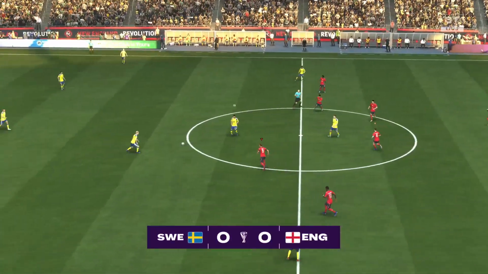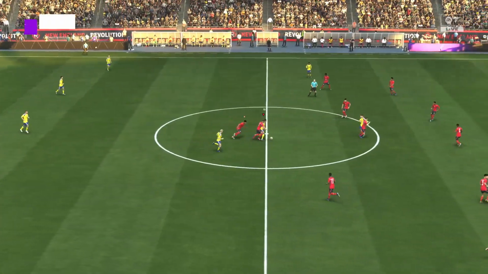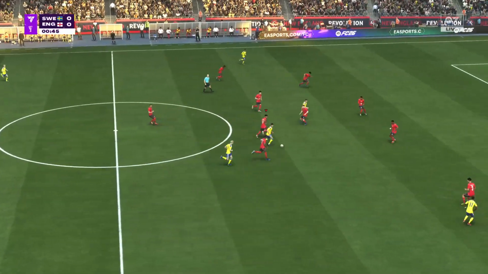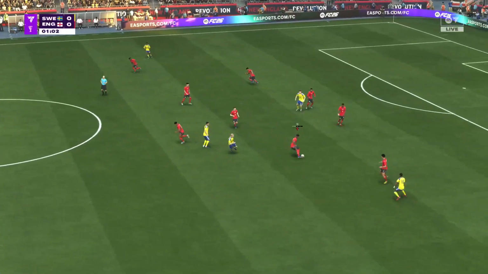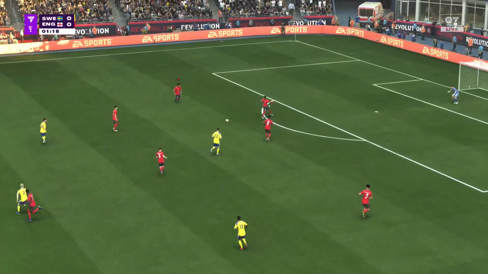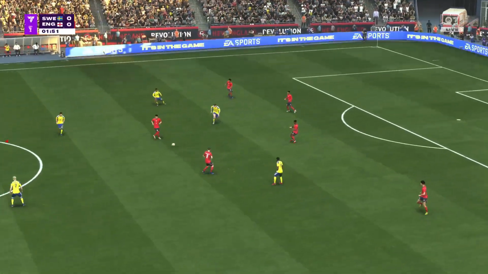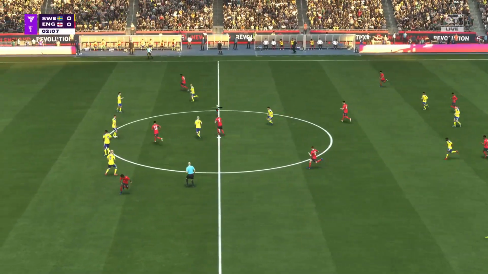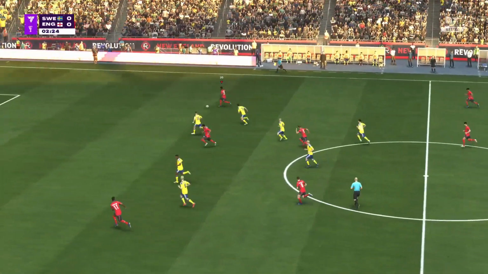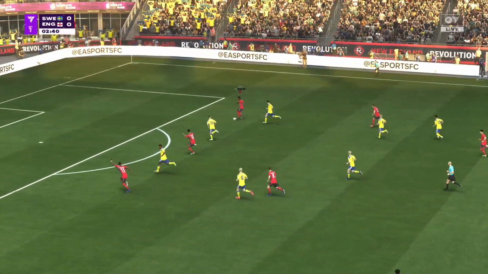And the referee's whistle indicates the beginning of this match. Declan Rice. Harry Kane. Chances on.